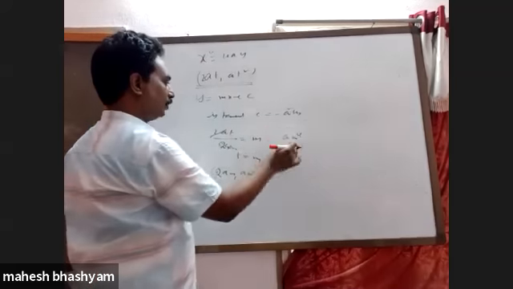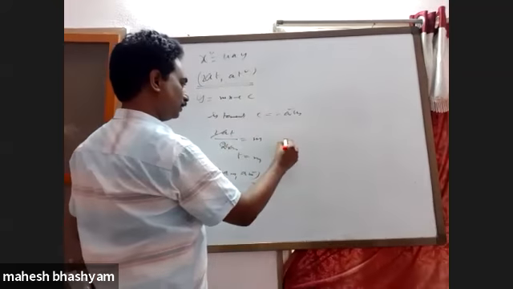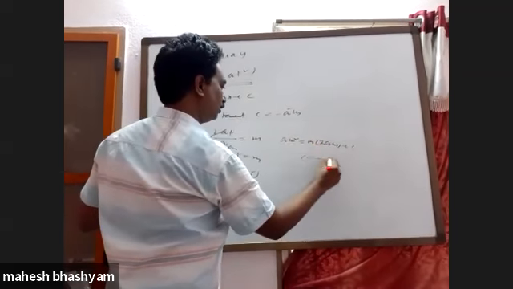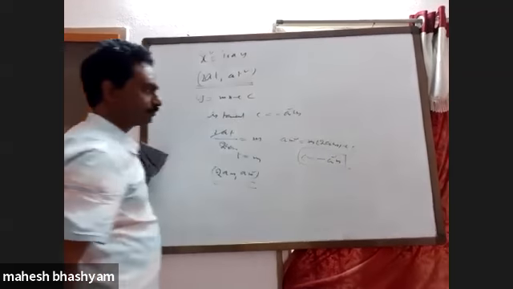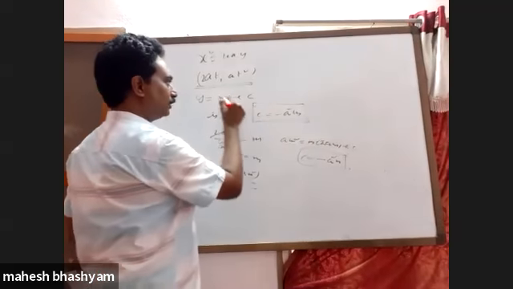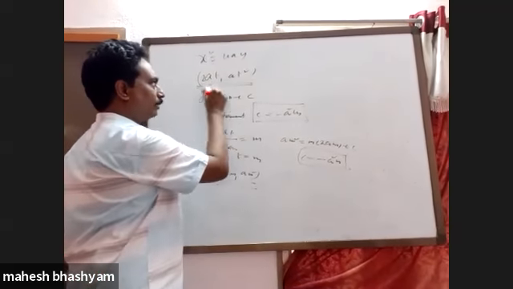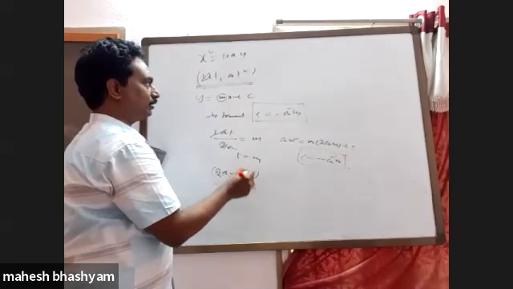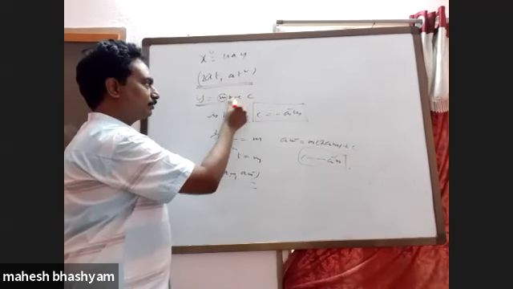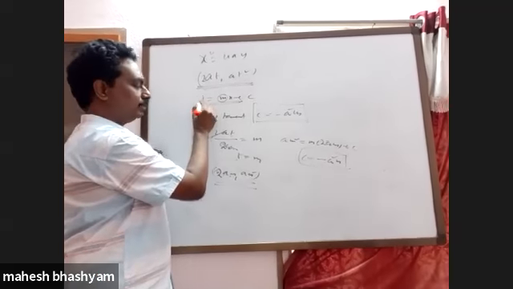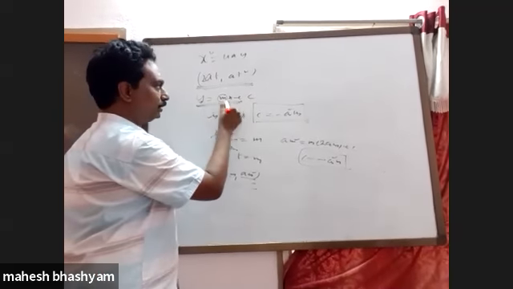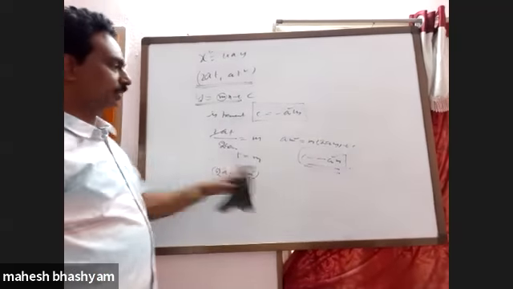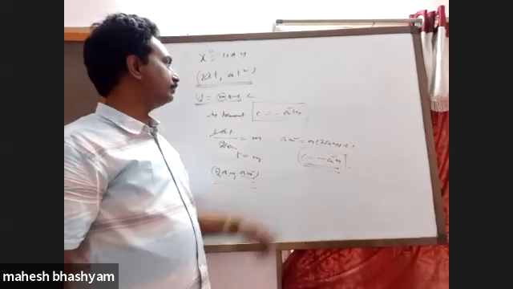It satisfies the parabola, so am square is equal to m into 2am plus c, and c is equal to minus am square. I am writing this to show how it came. The slope of the tangent line is m and the parametric point is this one. What is the relation between t and m? t is equal to m. Therefore the point of contact is 2am comma am square. Substituting it in this one, c equals am square minus m times 2am, this becomes minus am square. Remember this one as c is equal to minus am square m.